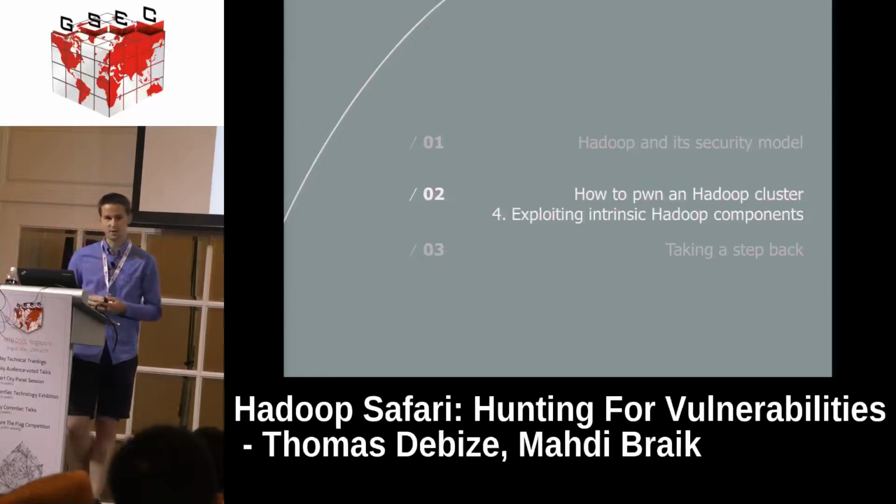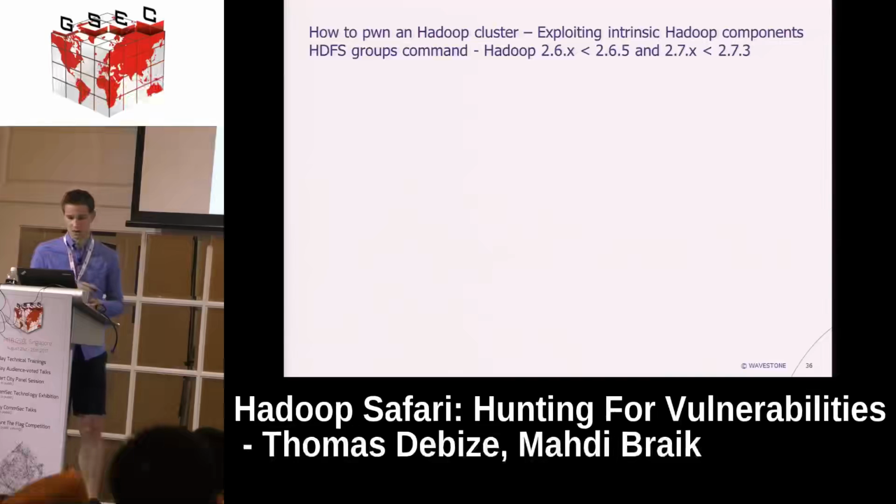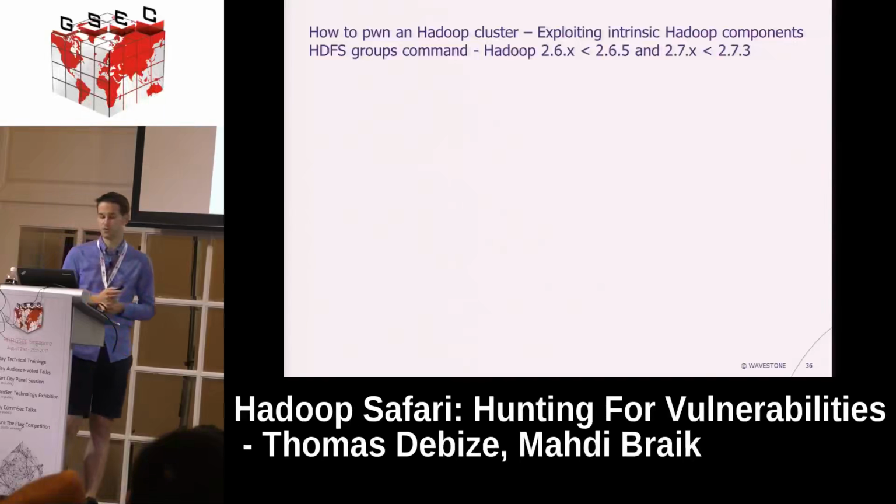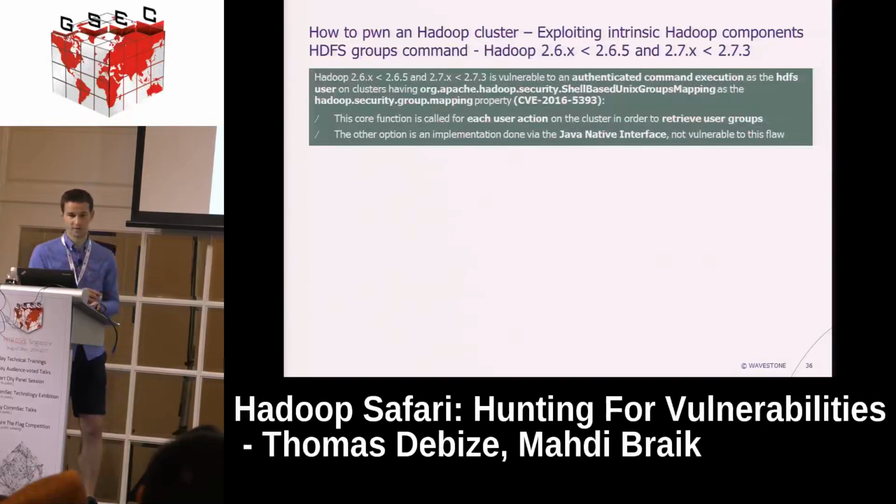Then, another vector to attack and to assess the security of a Hadoop cluster is to exploit intrinsic Hadoop vulnerabilities. We found some. For the next slide, here you have what we call the HDFS groups command vulnerability, valid for these versions, which are not really old, to be fair. You can find a lot of clusters